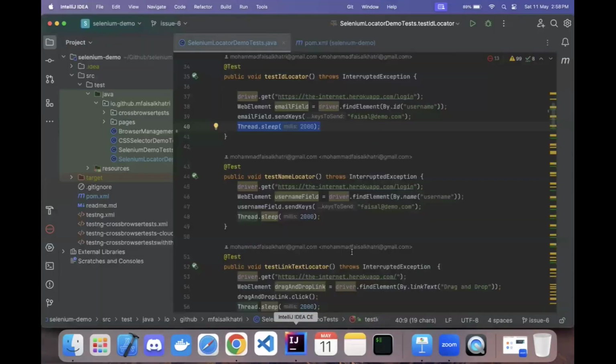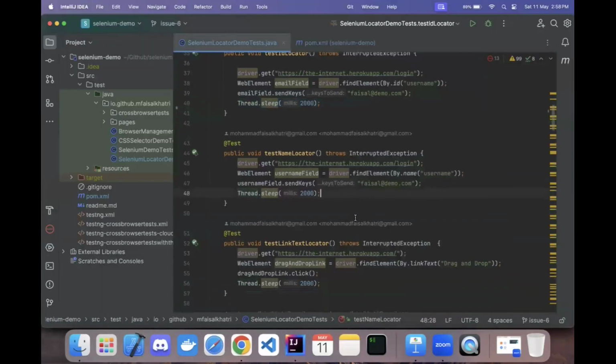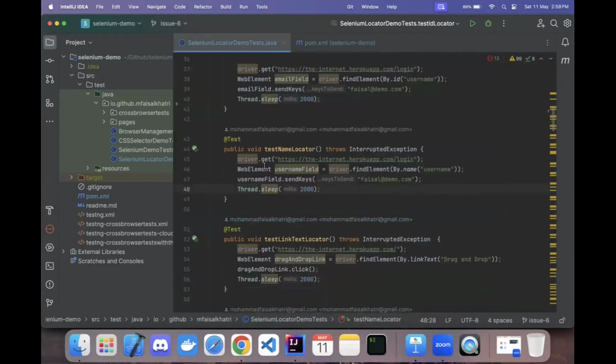Now let me quickly move to the code and demo the working of the name locator. All of the code remains the same here. Like we will be navigating to this login page and using the name locator. You can check out this part has been changed here